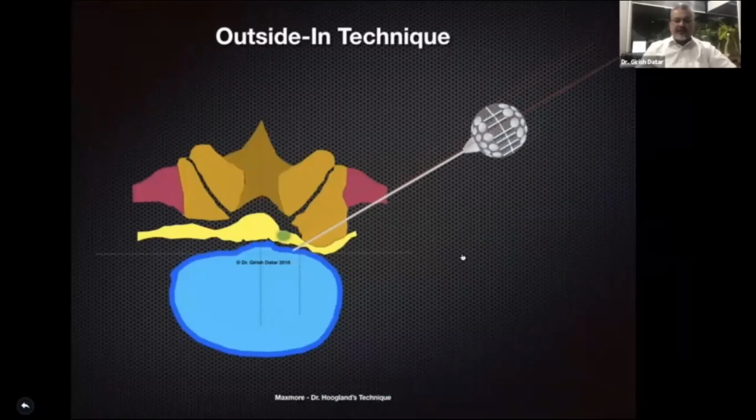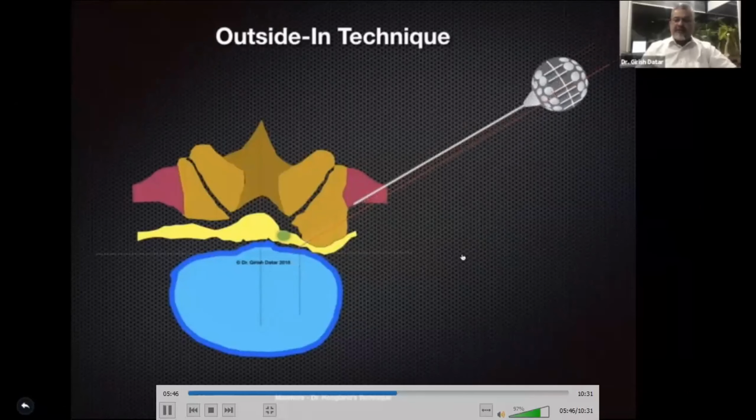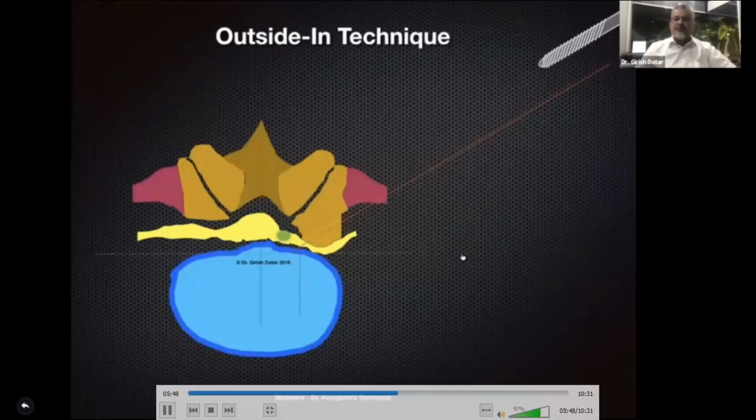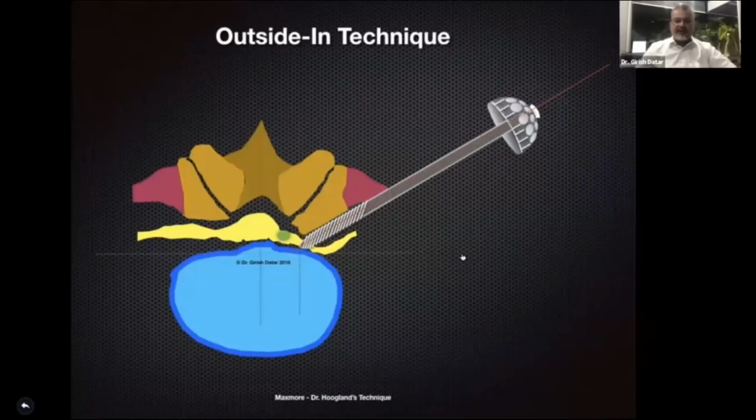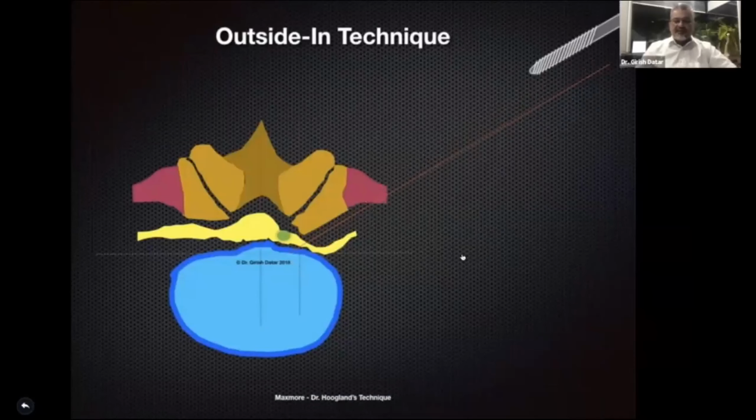Once you have driven it to the desired location, the guide wire is put back again, and then you would start your serial drilling from 4, 5, 6, 7 to whatever size you need, or whatever size of cannula you want to put. Once the drilling is done, you would put your sleeve dilator first and then the sleeve.